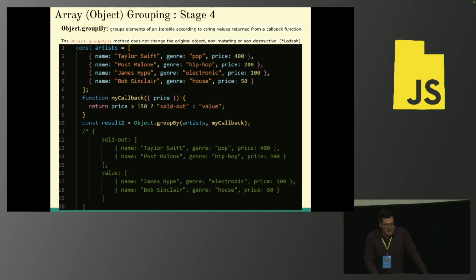If we look at this example, we'll have a bunch of artists and then our callback function. We have Taylor Swift, maybe Utah's own Post Malone, different prices, if you will. That callback function, based on the price, will make a guess on whether or not it's a sold out show or maybe there's some value to be had at the show. The bulk of the new API is in line 10. You could do Object.groupBy, send it your value and then the callback, and what you'll get is the output below. You'll notice sold out with the different elements underneath, and then value with the different elements under there, which was